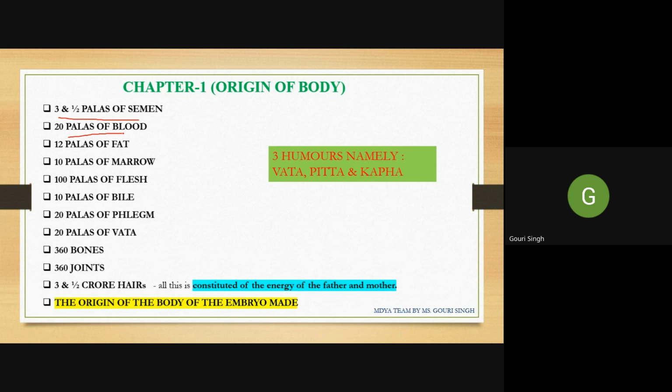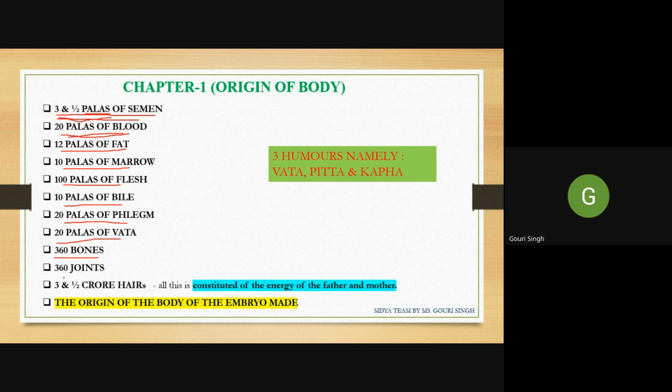Like we take kilos and liters, he writes palas, but does not define what palas means. You only have to remember 3.5 palas of semen, 20 palas of blood, 12 palas of fat, 10 palas of marrow, 100 palas of flesh, 10 palas of bile, 20 palas of phlegm, 20 palas of vata,